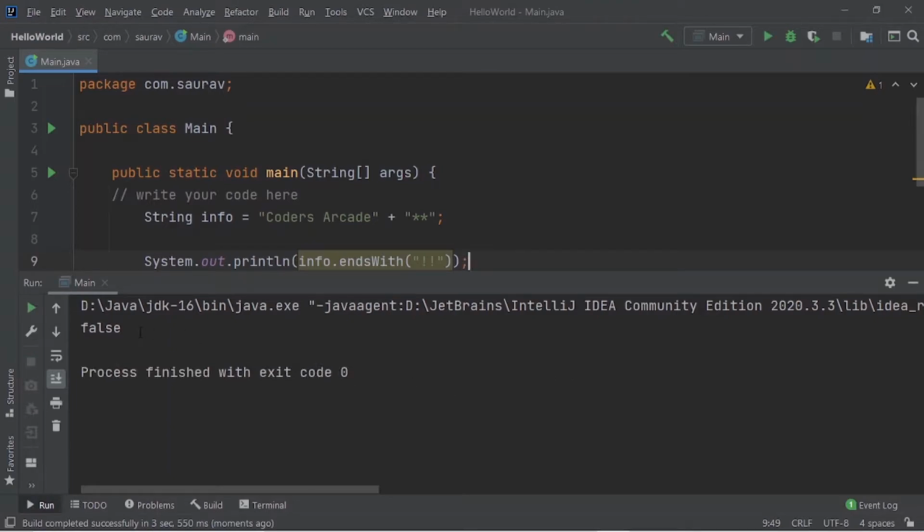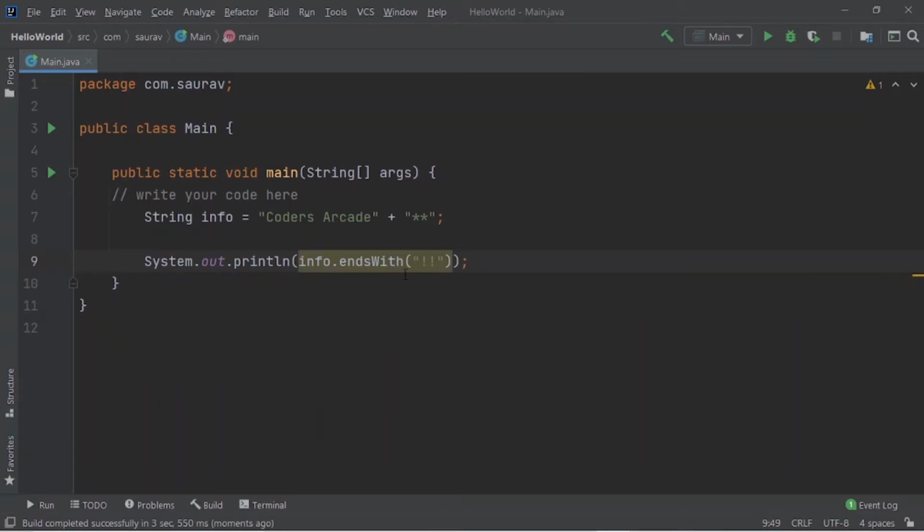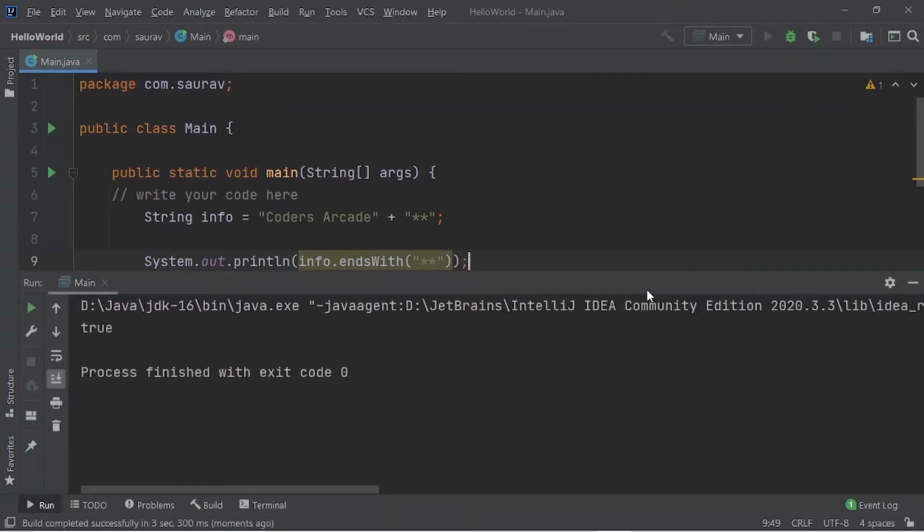The answer we are getting is false, because our string variable info does not end with two exclamation marks. Rather, it ends with two stars or two asterisks. So let me copy this and put it here to confirm. Now if I run this again, you can see that it gives me the result true.